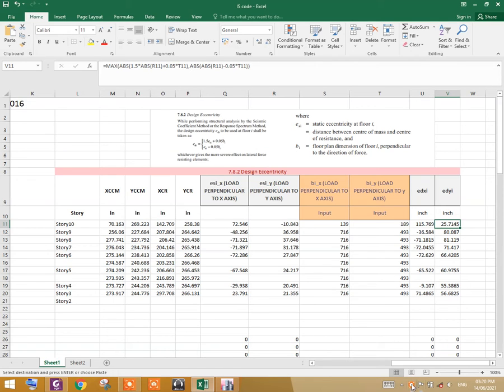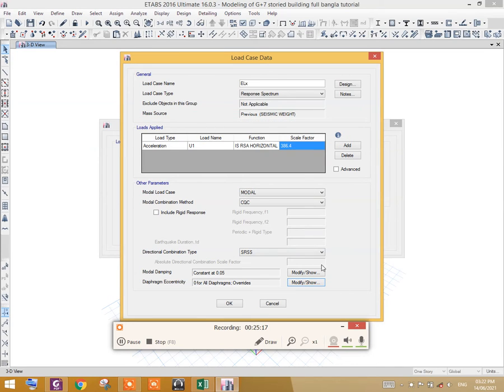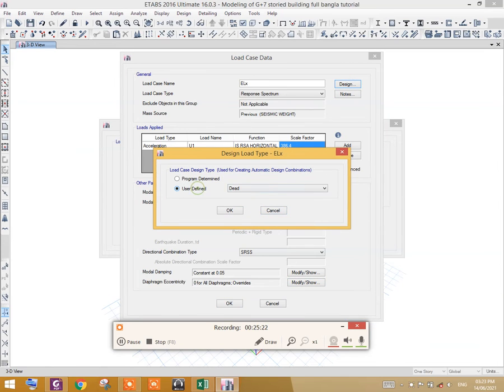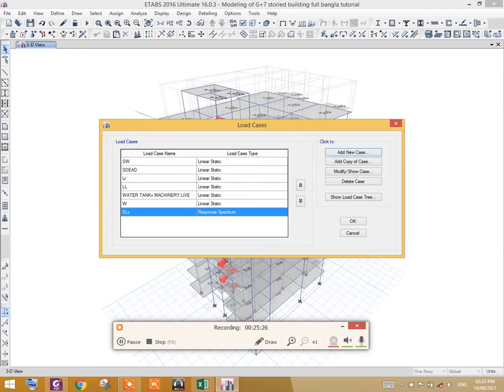Now go to ETABS and put these values here, that is 25.71. Here I have put down all the values. Now press OK. Now press OK and select the design type as seismic. Now press OK.